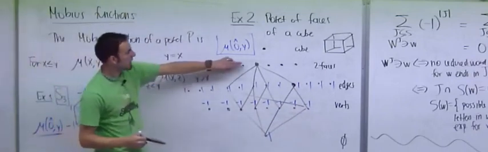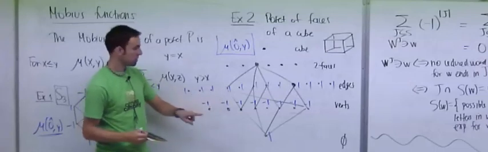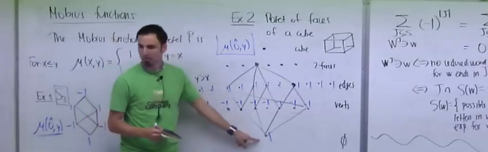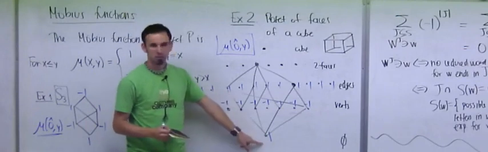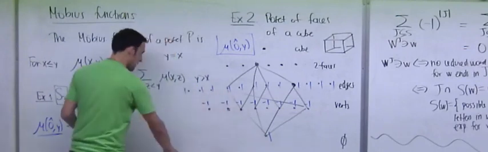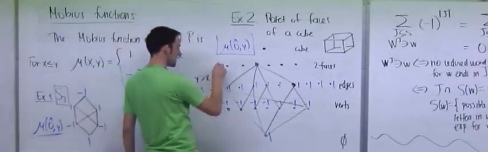But what do I know? I know that there's exactly 4 guys at this level, 4 guys at this level, 1 at this level. So I know what the numbers are. 4 minus 4 plus 1 is 1. Switch the sign, -1. Hopefully you see a pattern emerging here.